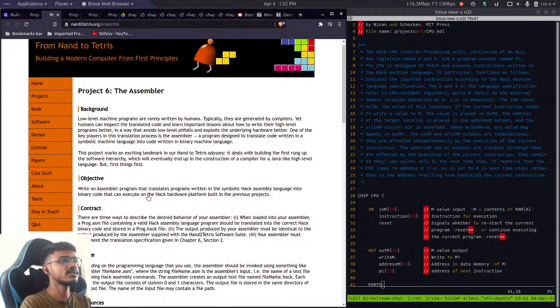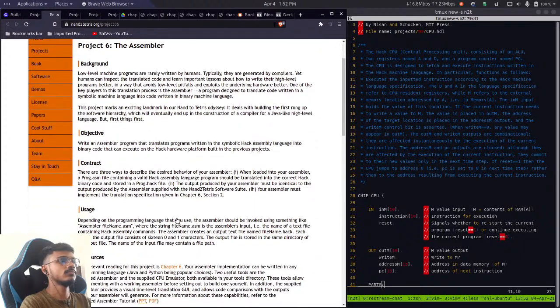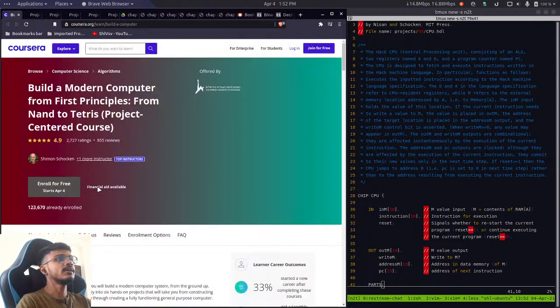Write an assembler program that translates program written in the symbolic hack assembly language into binary code that can execute on the hardware platform. Okay, so we'll have to build this assembler in the next project, but before that I will have to